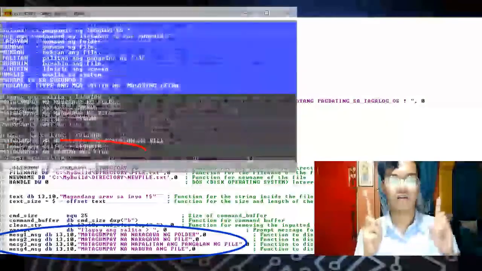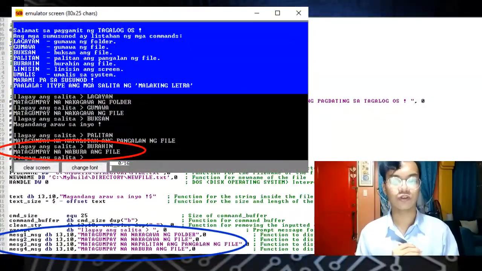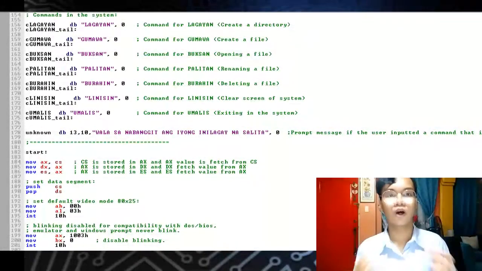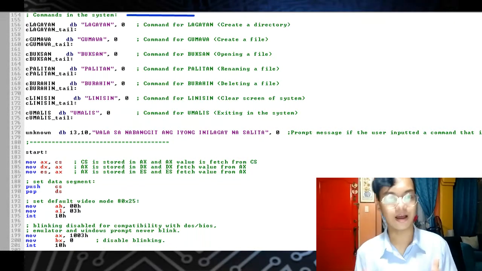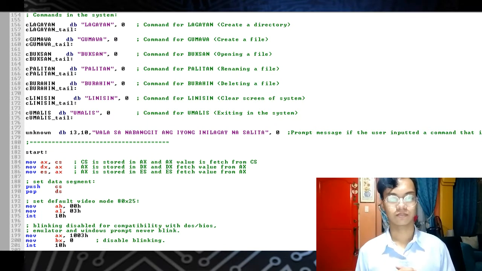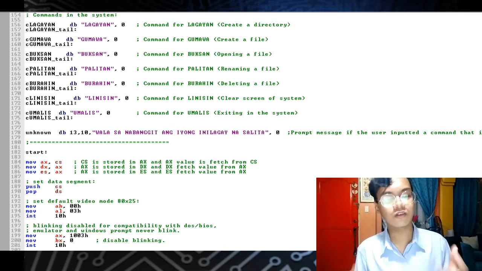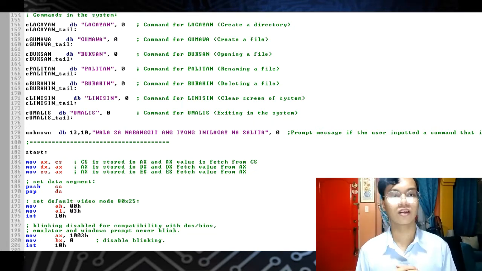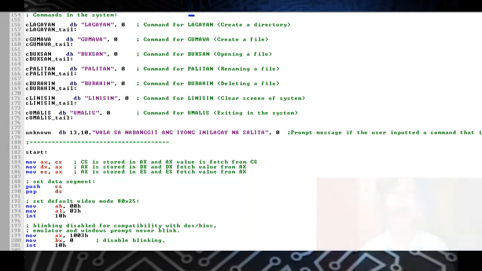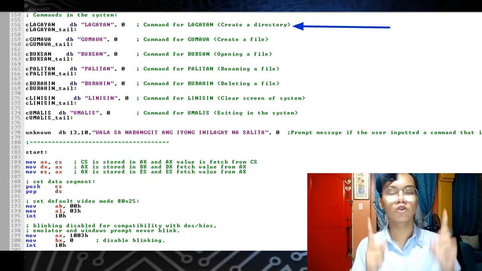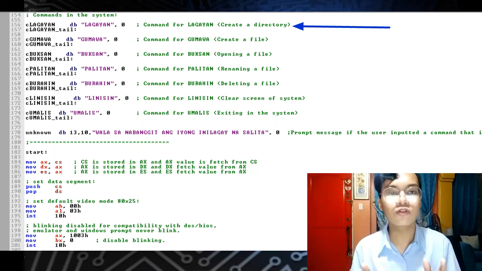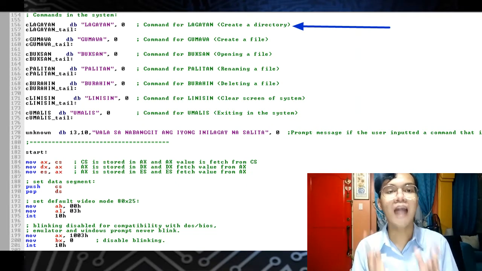The photo above shows the output of the string message in the system after successfully executing the burahin command. Now, we are going to the commands in the system. This part of the system looks like the declaration of the commands in the system. The arrow part in the photo above shows the declaration of the command lagayan